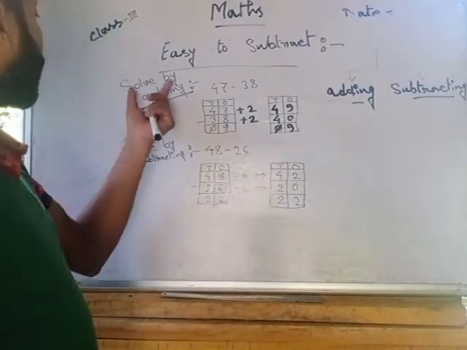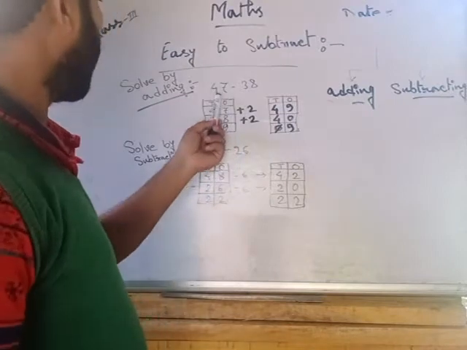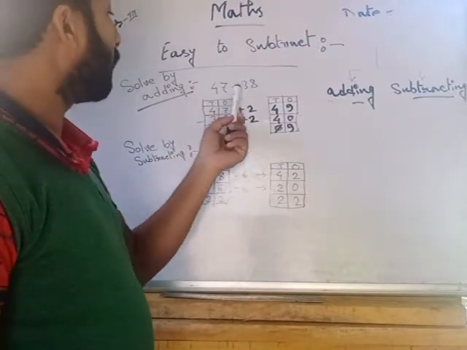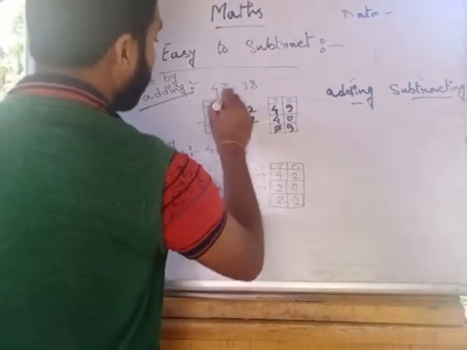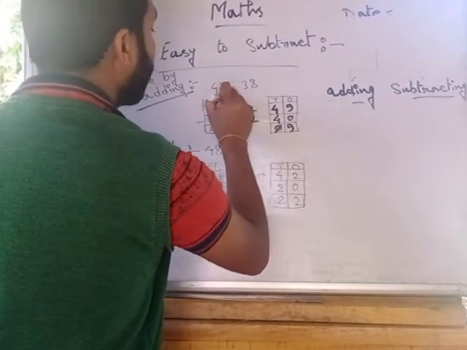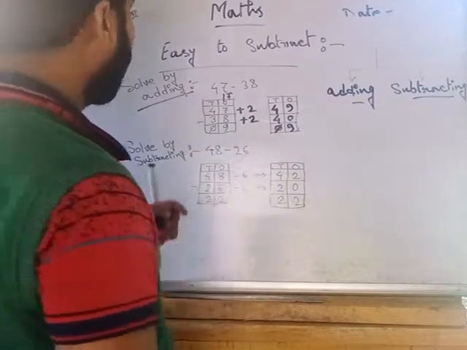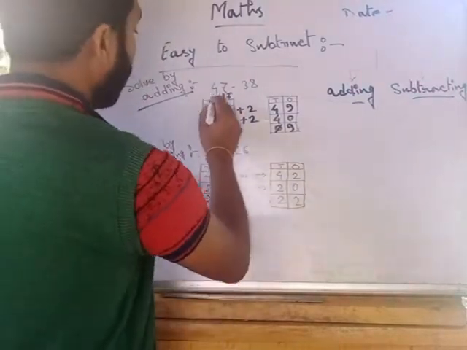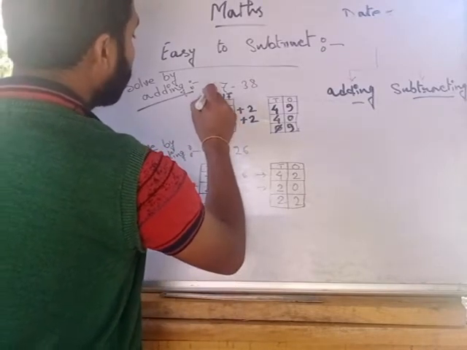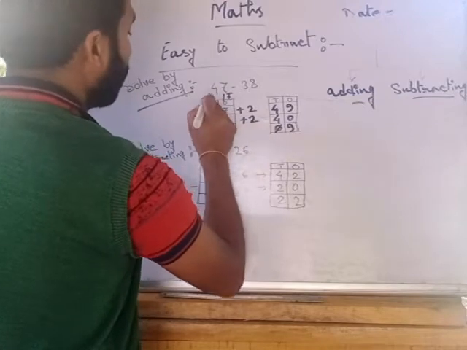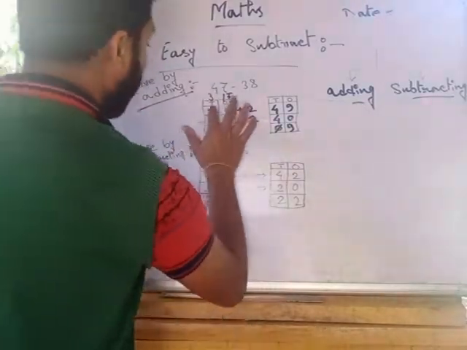Sorry. At first I will tell you the solve by adding. At first you should subtract 38 from 47. 7 as 17. 17 minus 8, that is 9. After that we should go to the next. 1 carries to the next. That means there is 3. 3 minus 3, that is 0. Okay. But